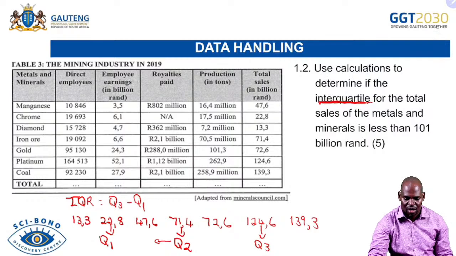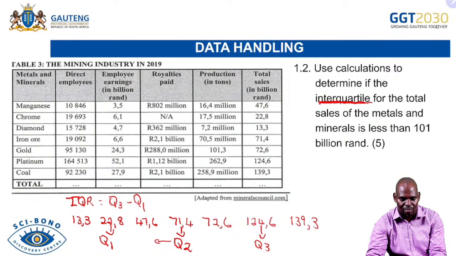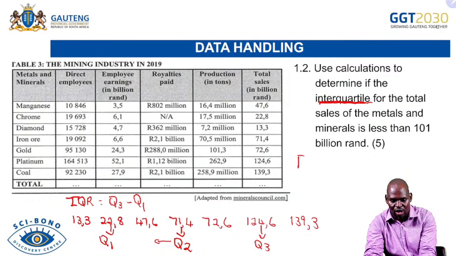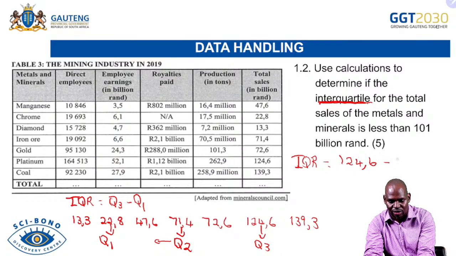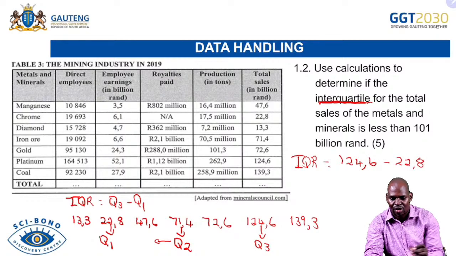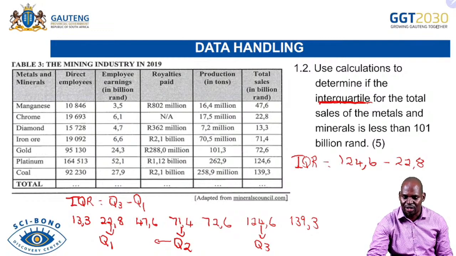And then from there we can now do the substitution. IQR is quartile 3 minus quartile 1, so we can easily say IQR equals 124.6 minus 22.8. Remember our question is we need to determine if the interquartile for the sales is less than 101 billion. Okay, then we say 124.6 minus 22.8,